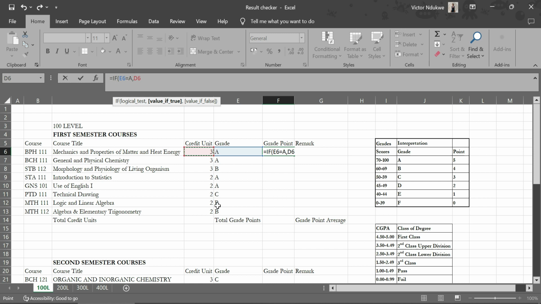So multiply D6, which is where the credit unit is, by 5. So if he gets an A, we multiply the credit unit D6 by 5. What if he gets a B? If the grade is a B,